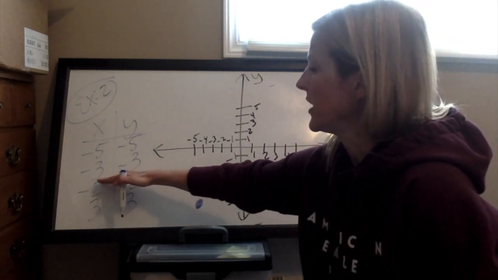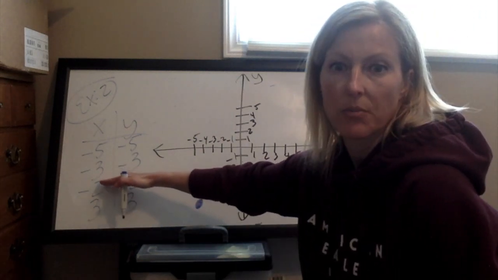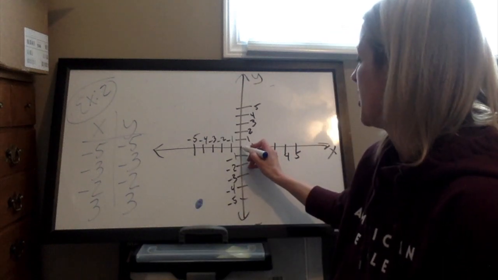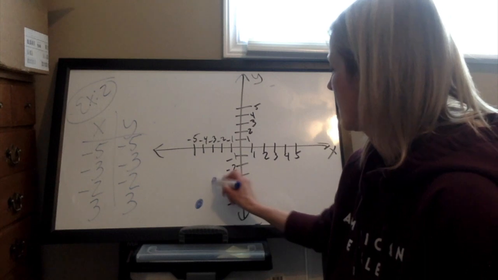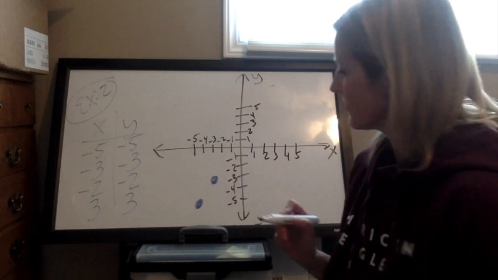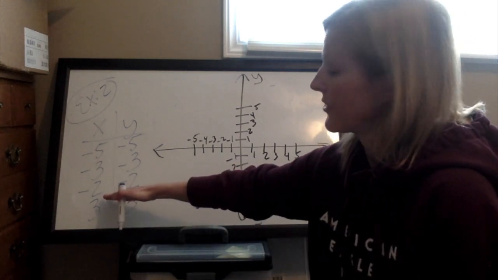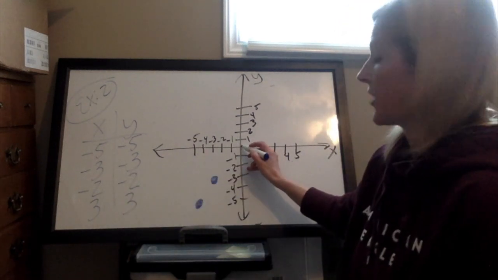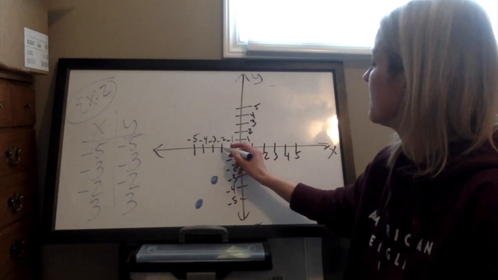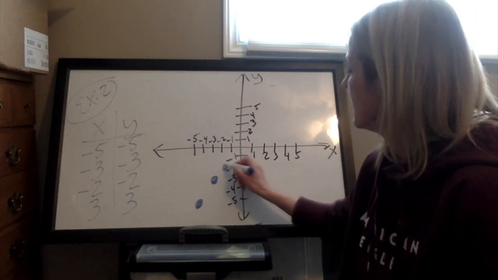And then the next point is -3, -3. So you start at the origin, go over -3, down -3. And then the third point is -2, -2. So you start at the origin, go over -2, down -2,